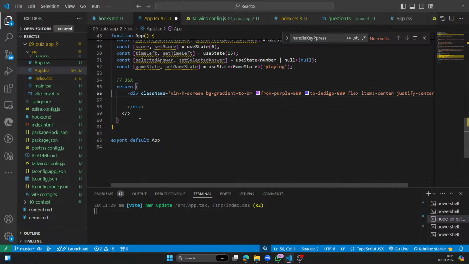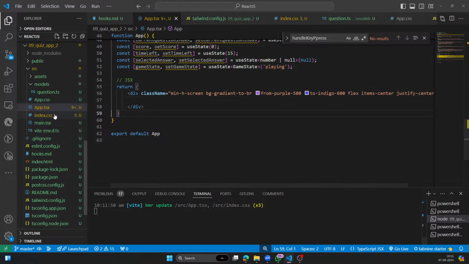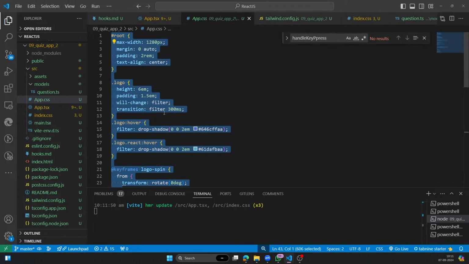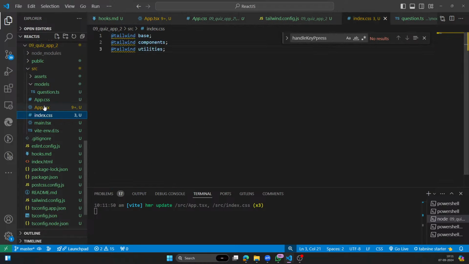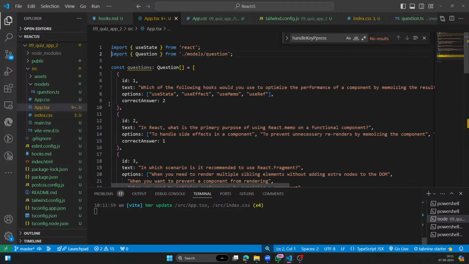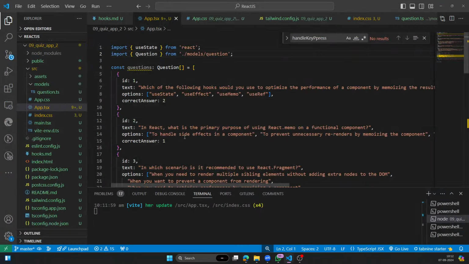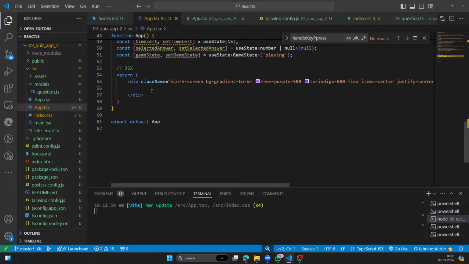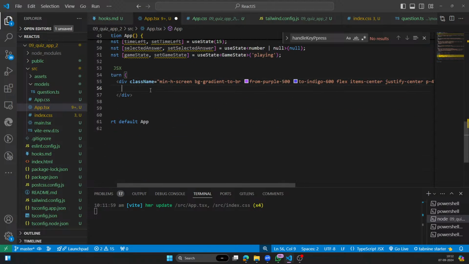Next thing is, we don't want this one, and I don't want any of this CSS also. So here we already made it. But one second, yeah, this CSS also we don't want. So once we remove the CSS, now we can see this is fully covered, right? Inside it, we need to make a white color container. So to make the container, we will make one more div